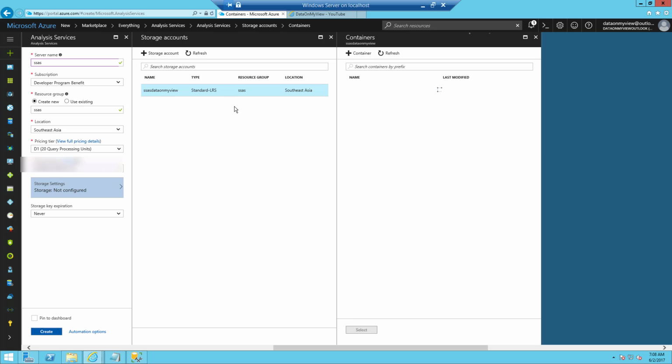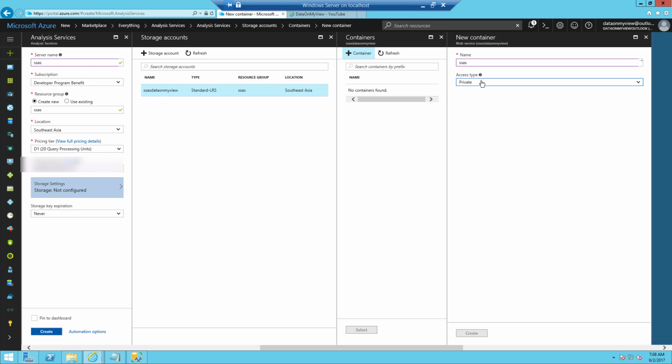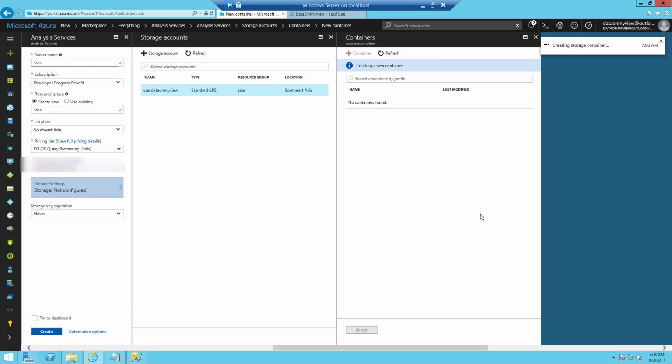Under storage it is showing the containers, so we need to select the containers. Creating a container is nothing but creating a folder inside the file system. I'll take SSAS as the name, and I'll directly take it as a blob, since inside a container we would again need to create a blob.